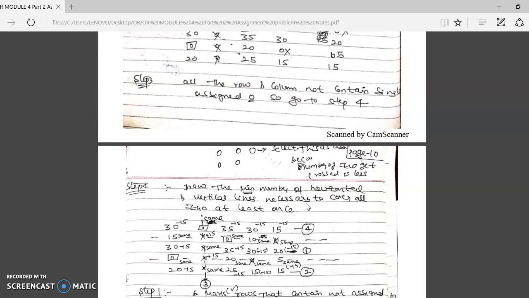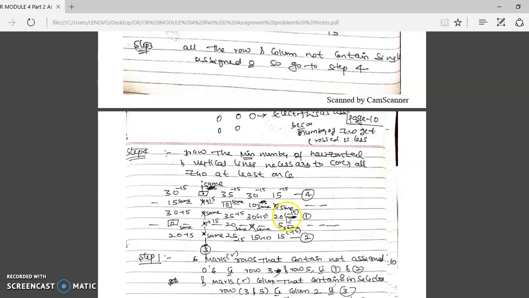Similarly, second step. In the second step, in these two marked rows, marked row 1 and marked row 2, find 0. Where is 0? Here is the only 0. In both rows, only in one place is there a 0. So mark that column. I marked this column and wrote it as 3. Then the third step. In this marked column, where is the assigned 0? Here it is the assigned 0. So then mark that row as 4.